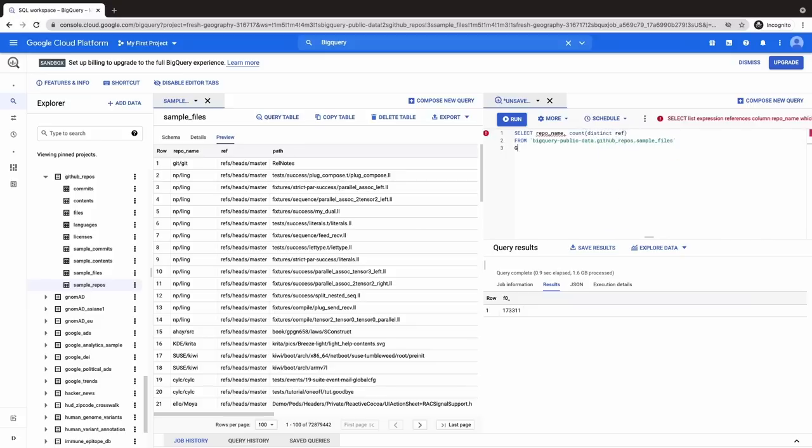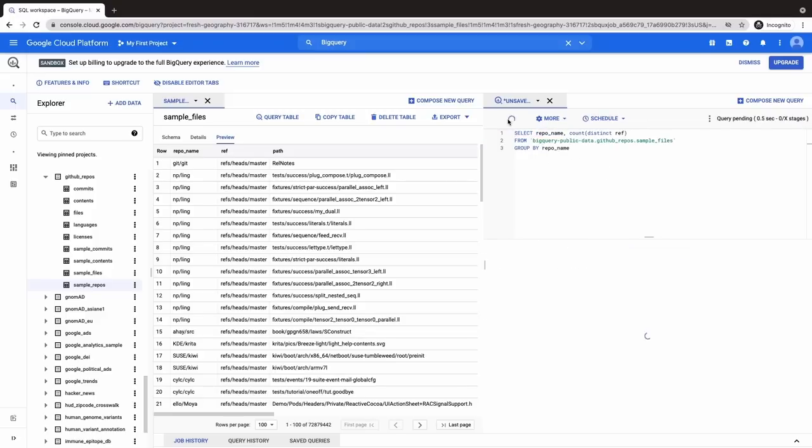And then we can group by 1, like we discussed in the previous class. Now 1 basically represents the repo name. Because we are grouping by the repo name, we could also decide to just write the repo name here instead of using 1, right? And so when we do this, when we run the query,